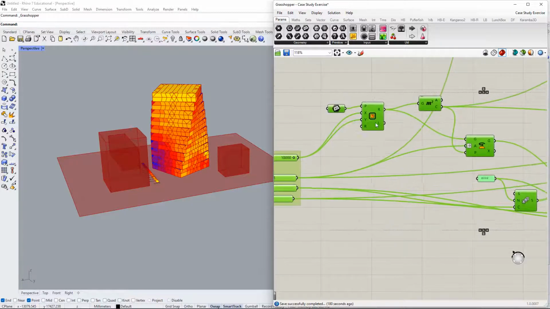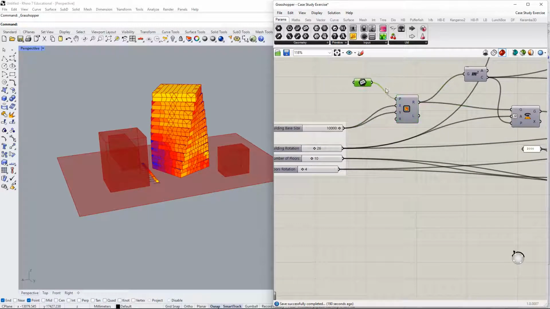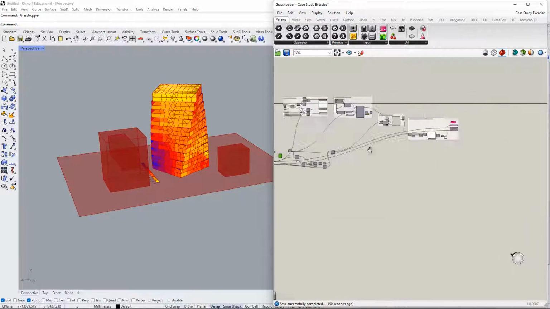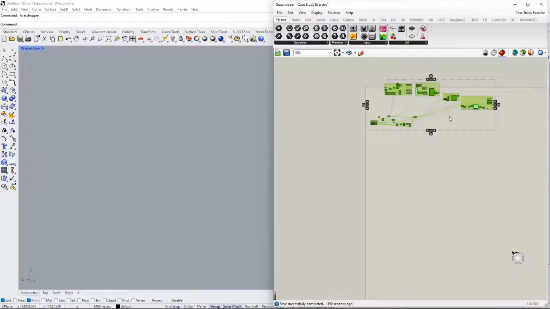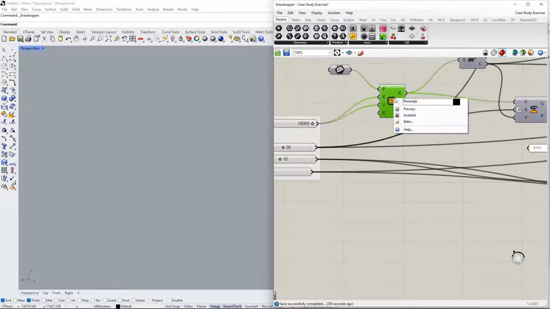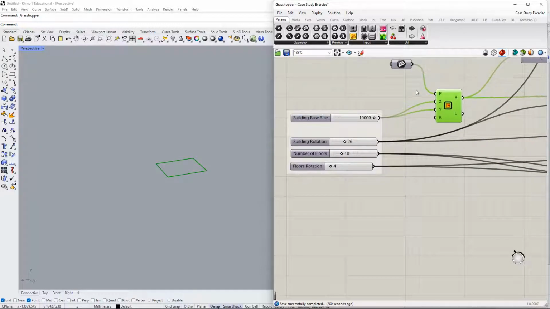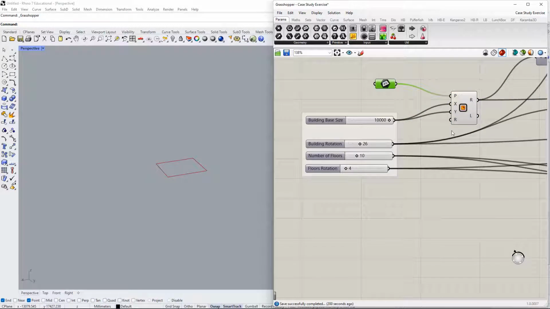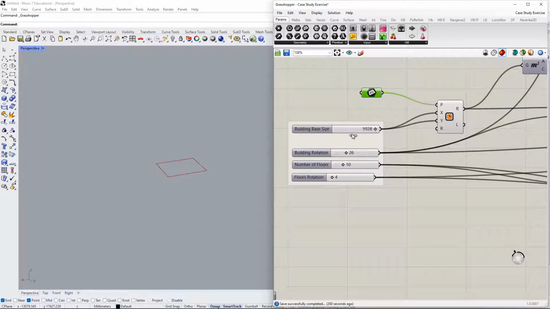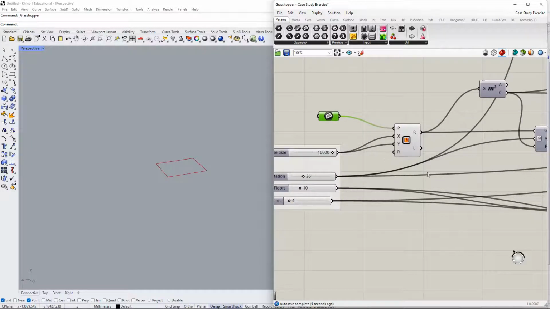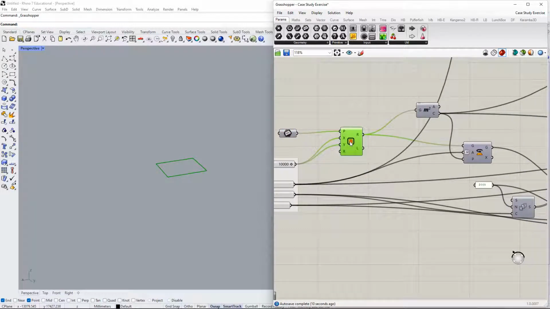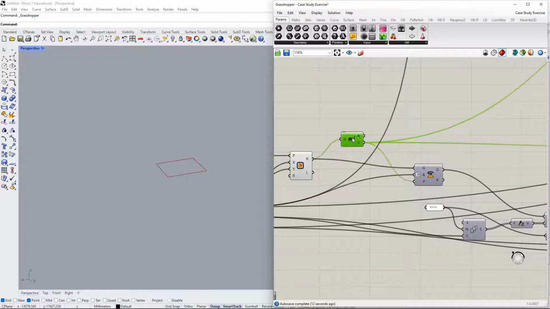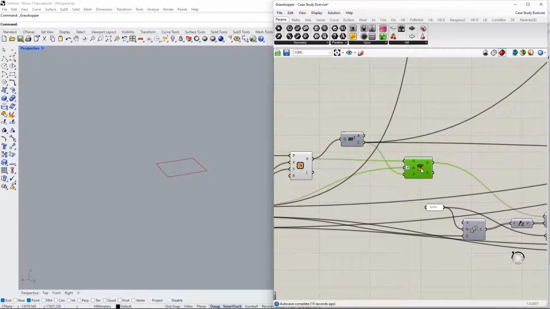Okay, so let's start with the base geometry, and I'm actually going to turn everything off and turn it on little by little. So as we did in the last video, working with that rectangle, very simple. You just give it a slider so I can move it from one dimension to another, making it all in millimeters. Then from that rectangle, what I wanted to do is to rotate that shape,